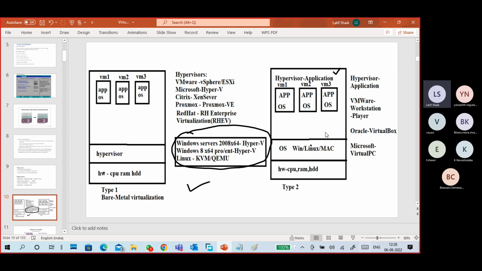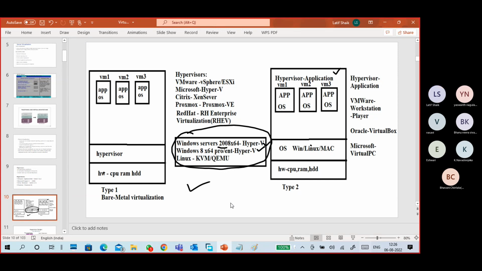These applications we have to install, but this comes as a feature along with your operating system. For example, from Windows 2008 64-bit Server onwards, Hyper-V is there. From Windows 8 64-bit Pro and Enterprise, not in Home, you get Hyper-V